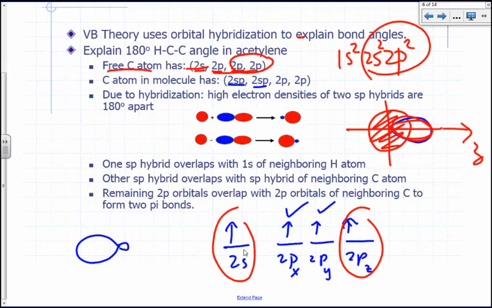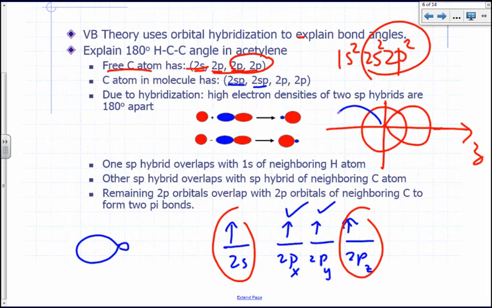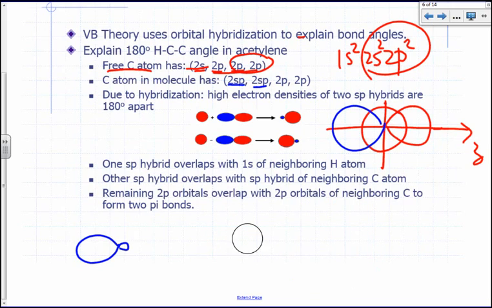Let me color code this. Let me do this again. All right, so let's say the 2s is positive. The 2pz orbital is positive on one side, negative on the other side. We say that instead of a 2pz and a 2s orbital, what you end up having in the molecule are 2 hybrids. So when you add these 2, the 2s and the 2pz